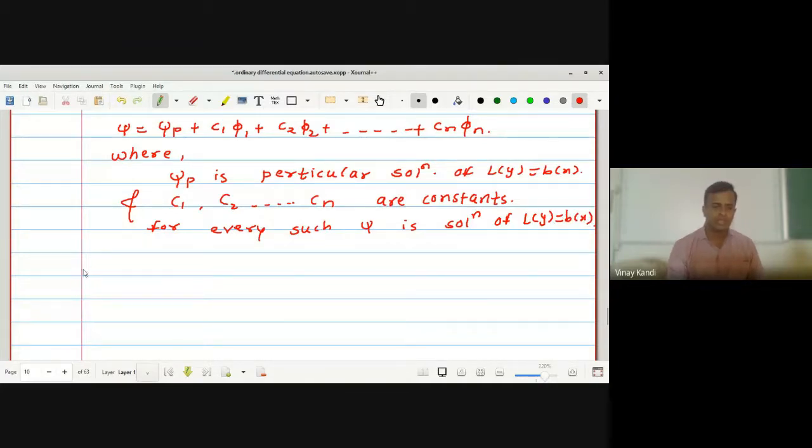Okay, and a particular solution psi p is given by